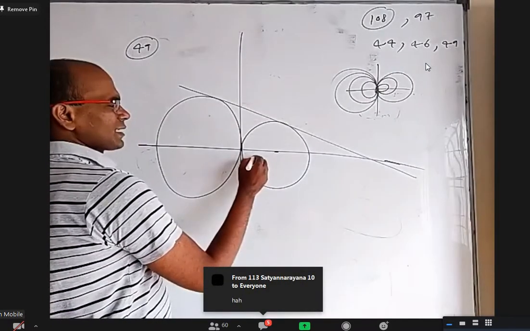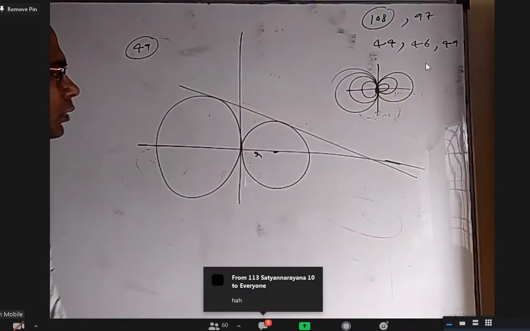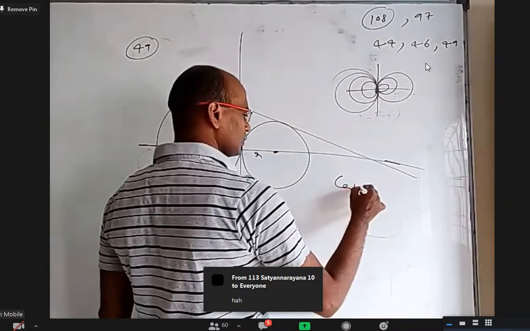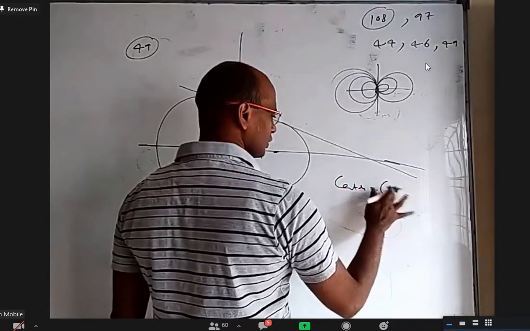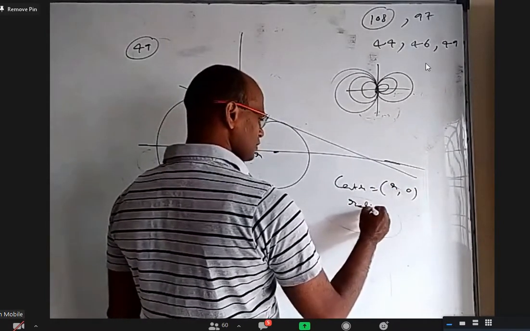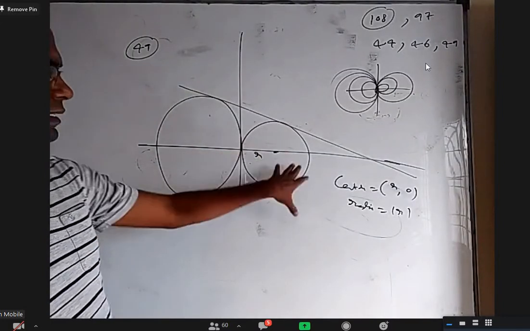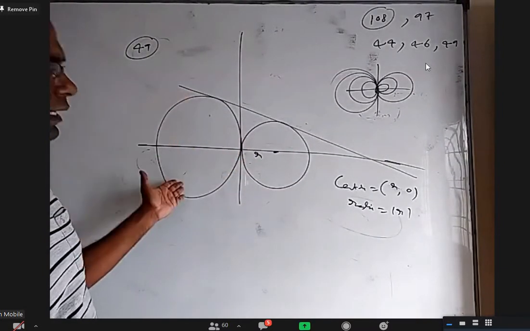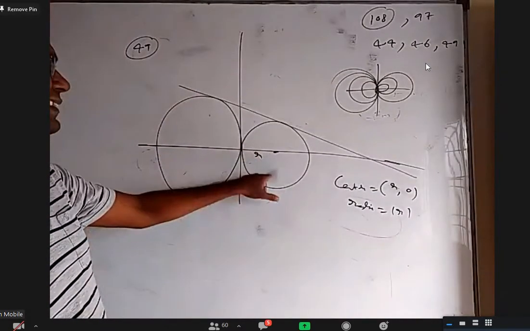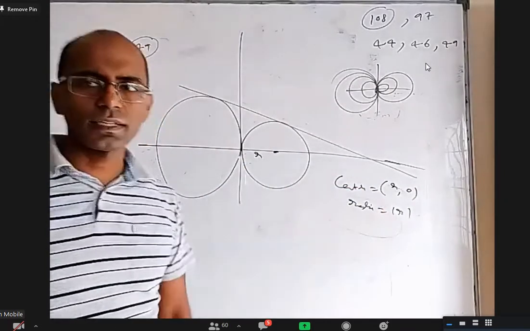You take the radius r and center as r comma 0. Instead of r, I want to take mod r as the radius. So center is r comma 0 and I take radius as mod r. If r is positive, I will be getting a circle on the right side. If r is negative, I will be getting a circle on the left side. But I am covering both. Any circle whose center is on the x axis, passing through the origin and touching the y axis, will have its center like this.